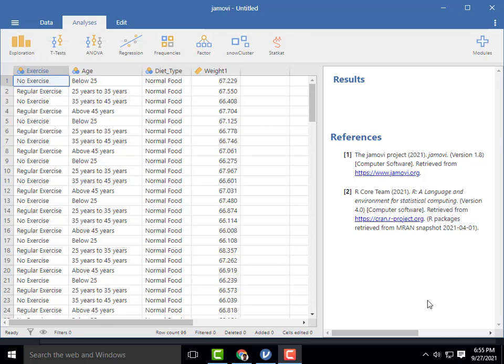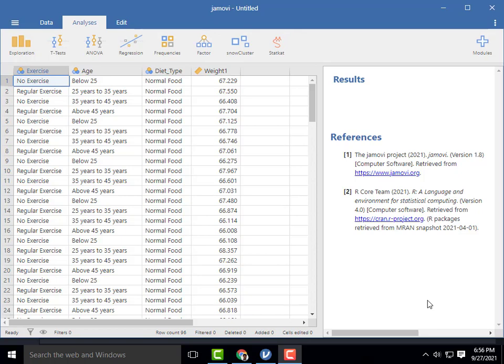In this video, we are going to discuss how to find one-way ANOVA using Jamovi. The purpose of the one-way ANOVA test is to determine the existence of a statistically significant difference among several group means. One-way ANOVA is a statistical method for testing for differences in the means of 3 or more groups.